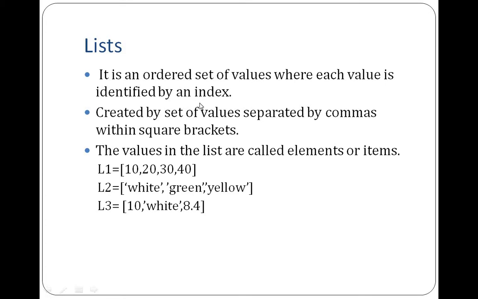Usually the list will be given by a square bracket separated by commas. Okay, this is what you have to explain with the list. So you can create a list with square bracket separated with the values. The values can be numbers, or floating point values, or any strings. So you can define the list like this. It is similar to an array in C language.